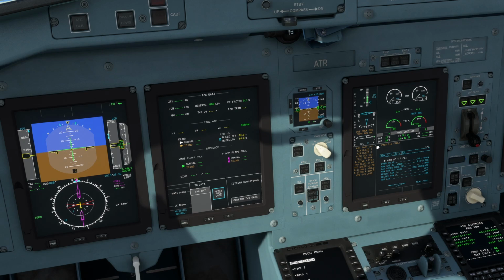Verify our flaps are retracted. You can see that right here. Set our pressurization to auto, basically. So we're going to put that about the 9 o'clock position. Now, unfortunately,